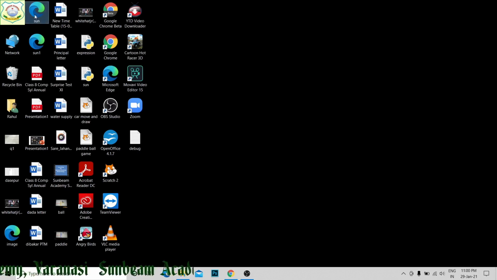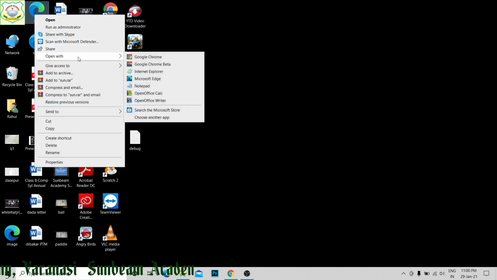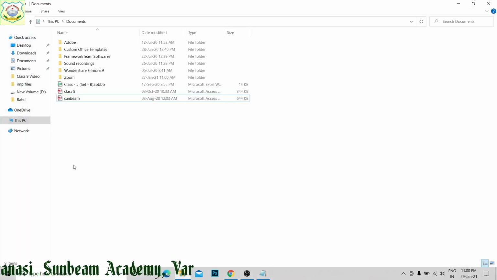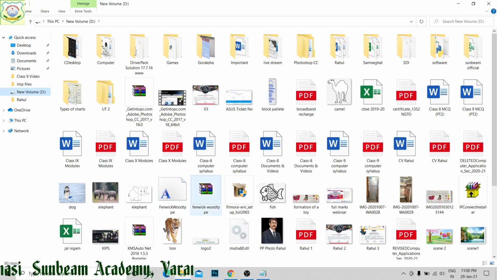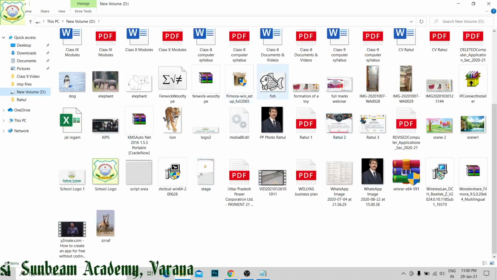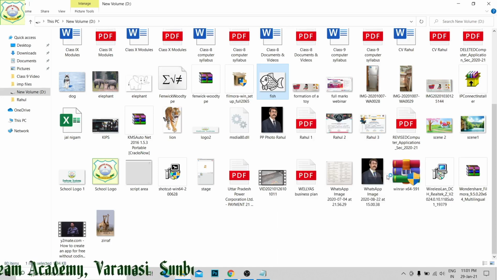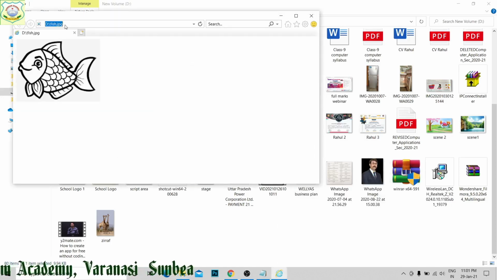So in our sun file, I am going to open this sun file. Into this first iframe I am going to insert a photograph. I have a few photographs that I want to show you. Suppose this fish has been given. By opening it with Internet Explorer, I can get its URL. I copied it.